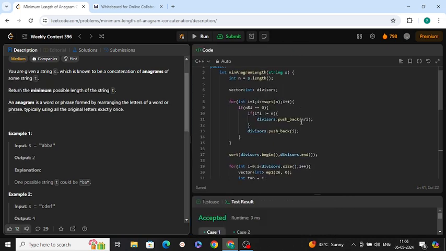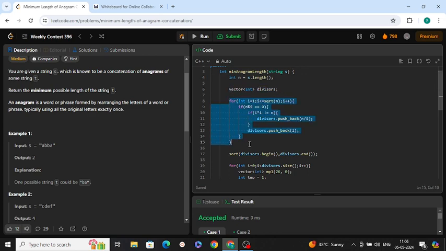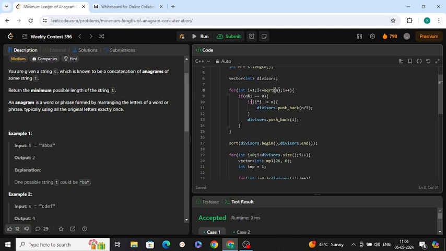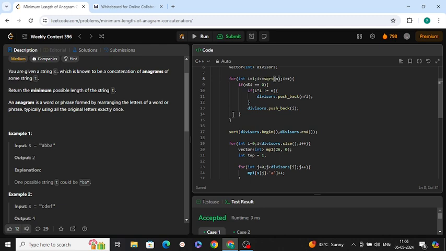Hope you will definitely get it. So here, this is the length of the string. I have created a divisor vector for storing all the divisors of n. We'll be running it up to the square root of n. If you want to learn how to calculate the divisors or some mathematical things, try to learn it from CP algorithms. I'll be sharing its link in the description.